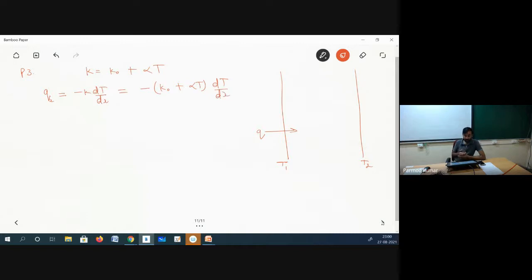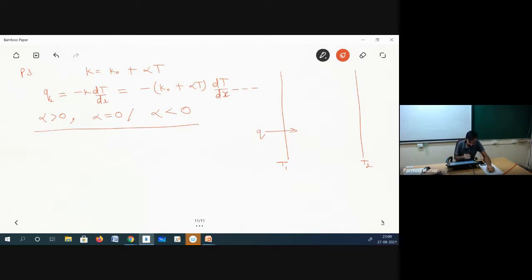Okay, now what we have to do based on this is find out, if the value of alpha is greater than 0, or alpha equal to 0, or alpha is less than 0, then how our temperature profile will look. Okay, so to do this we have to do 2 things. First, if we look physically at this equation itself, we can tell how our profile should look. If we have to mathematically derive it, then we have to do a little bit more manipulation. Okay, so let me first explain physically how we can do it.